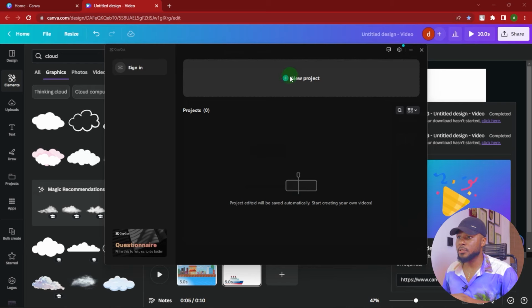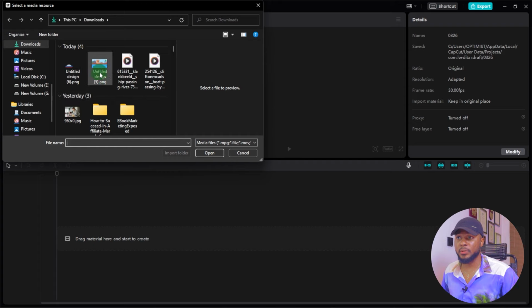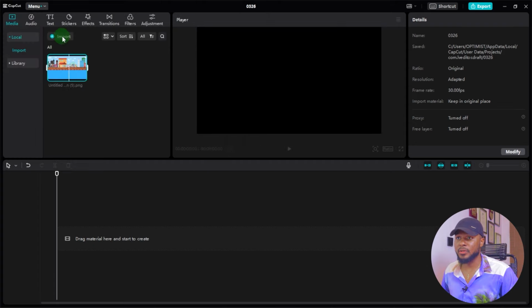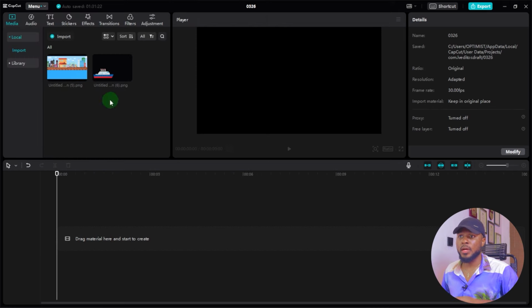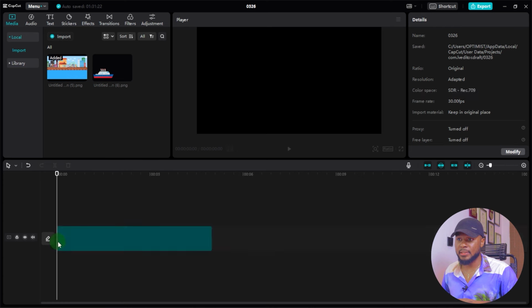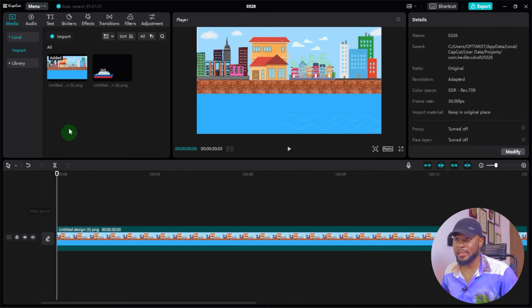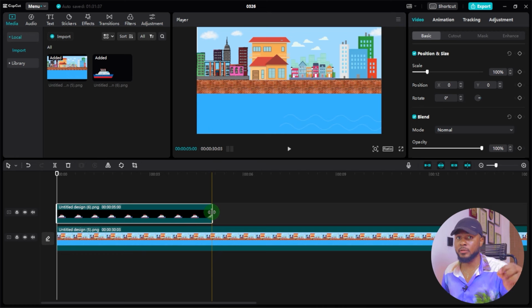So here you click on new projects and then click on import. So we're going to import the picture that we downloaded, the first picture. We're going to import this one, and we're going to go ahead and click on import again and import the shape, and then we'll have the 2, and then we'll drag this to the timeline. You can make this longer, and we'll come right back and select the shape, drag it on top. If you're using the mobile phone, all you have to do is just click on overlay